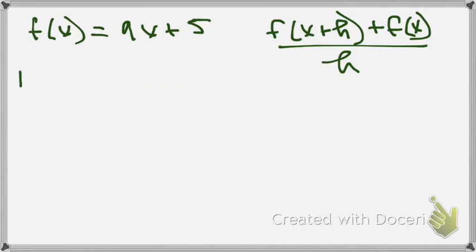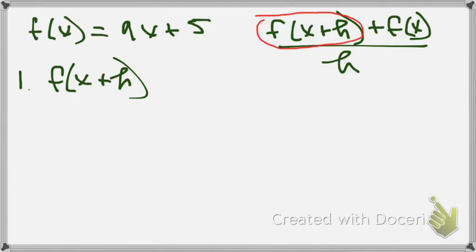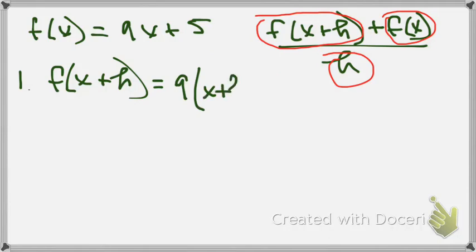Okay, so first step, we're going to find out what the function of x plus h is. What I like to do is to find each part of this and then stick them together. So I'm going to find this, then this, then this, and then I'm going to put those numbers in for those red circled parts and just add and divide, and then you're done. So first thing I'm going to do is find my f of x plus h. Okay, so f of x plus h equals 9 times x plus h